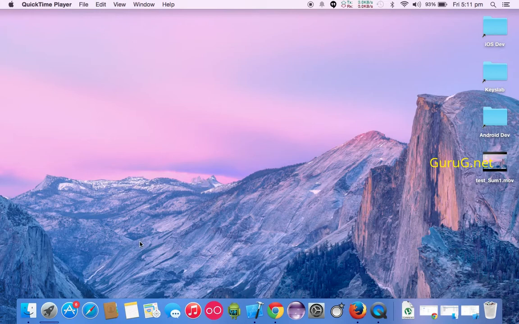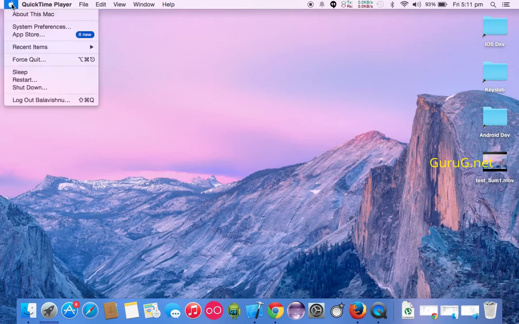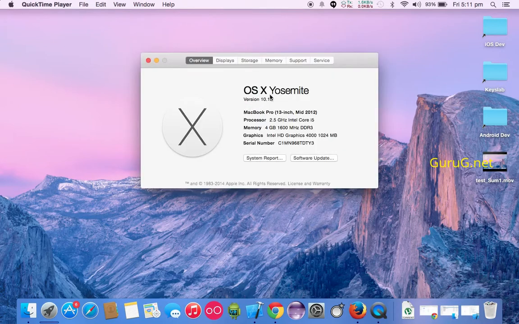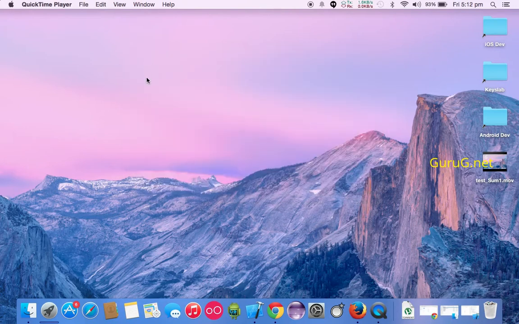In order to develop Swift applications, you need three things. First one, you need a Mac. Then you need OS X Yosemite or OS X Mavericks. It is either 10.9 or 10.10. I have OS X Yosemite 10.10, which is the latest OS as of this recording, and you need Xcode 6